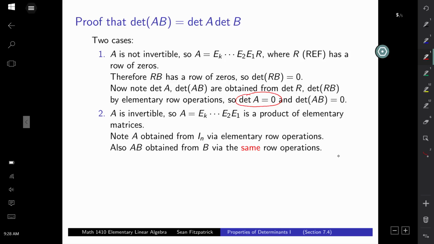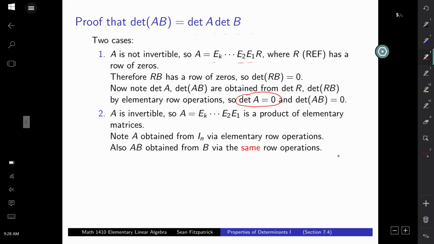Well, if A is not invertible, we can apply a series of row operations represented here by elementary matrices E1, E2, down to EK. That gets us to our row echelon form, right? Or I guess these ones get us back, right? So the idea here is you would do same as this algorithm for writing an inverse as a product of elementary matrices. You do your row operations to get down to the reduced row echelon form. The inverses of those row operations tells you how to get back to A. So we can definitely write A like this. Now, if